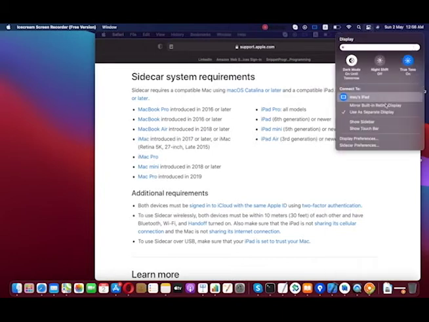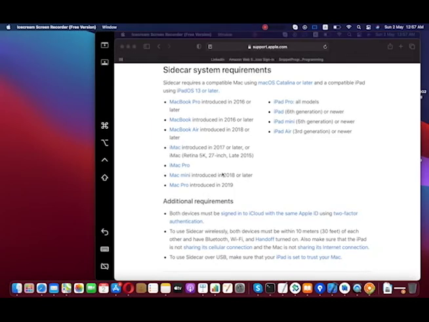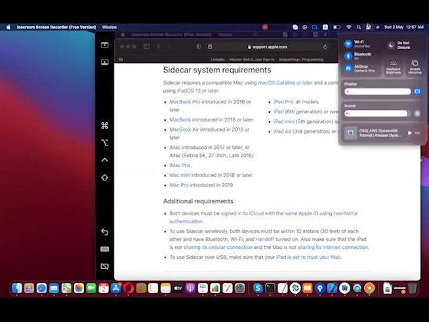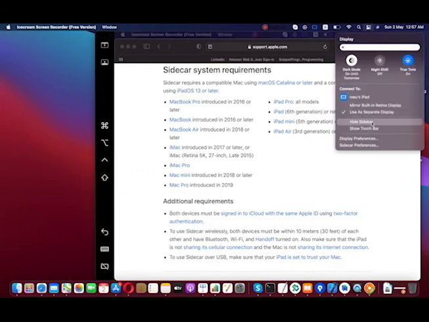As you can see, if you don't want to use the iPad as a separate display, you can mirror your MacBook screen on the iPad as well. And you can also enable showing the sidebar and the Touch Bar if your system, like the MacBook or MacBook Pro, supports the Touch Bar. So you can display that in your iPad as well, and you can also show the sidebar to perform a few functionalities, like if you want to enable the keyboard, for example. So it's up to you which option you want to choose. Hide it for the time being.